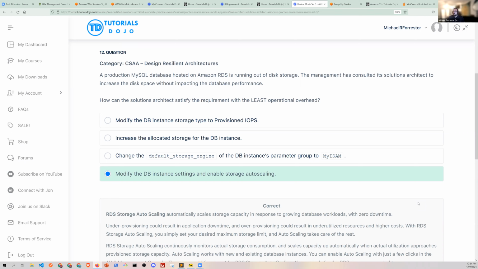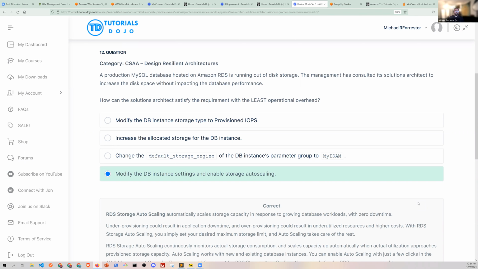As far as going to provisioned IOPS, well, if you want to spend more money, but that's not going to help your disk space issue. That's just going to increase the performance of the disk you have. That's one cool thing, by the way, is that you can convert from GP3 over to IO2 while the database is there. It's kind of nifty.